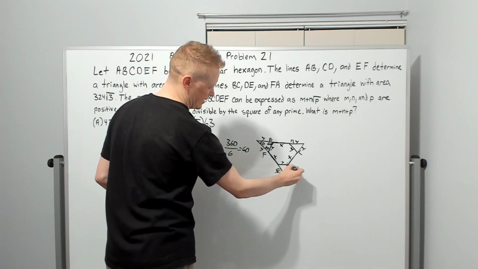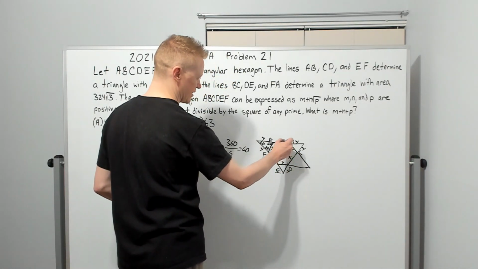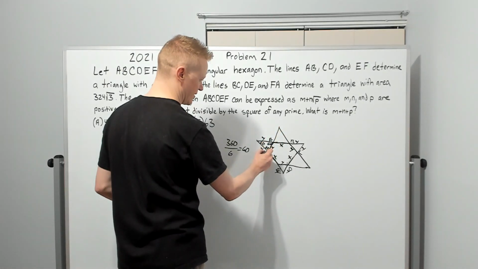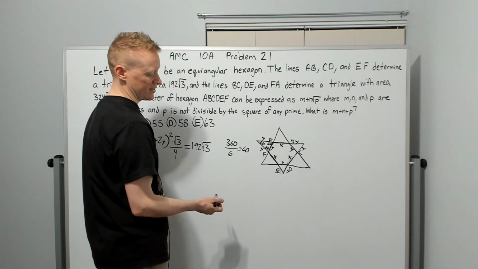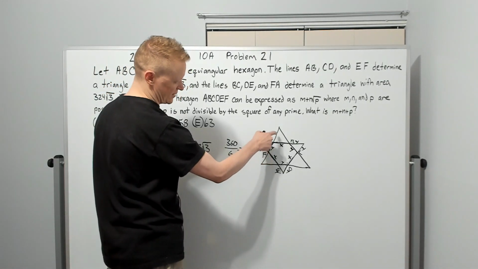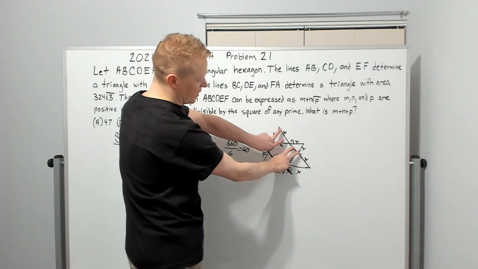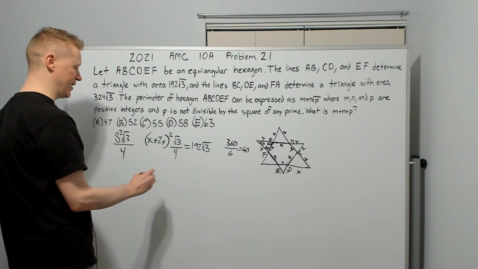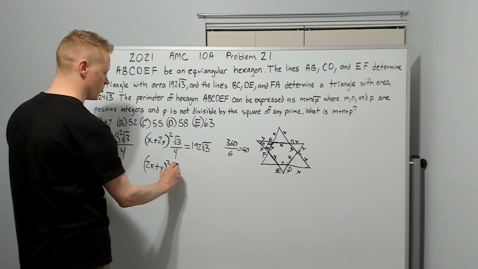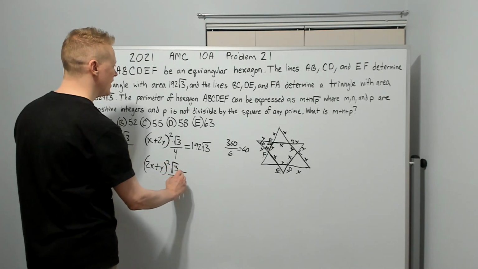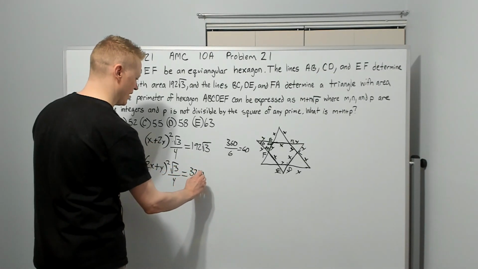So when I extend DE out, they're going to meet and make a 60-degree angle just like that one did. These ones are not the same size as the others, but it will be equilateral just like that. And since this is X, this will be X and X and X and X. So we've got 2X plus Y is the side length of that one. So we can say (2X plus Y) squared root 3 over 4 equals 324 root 3. And so